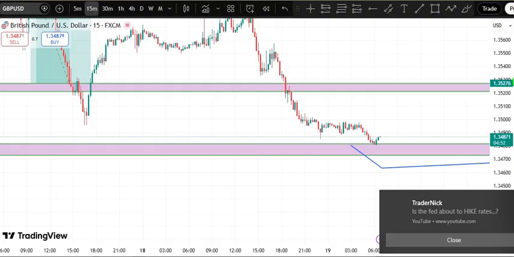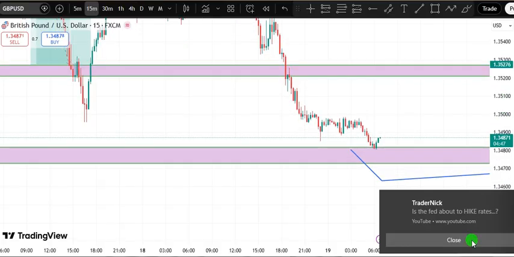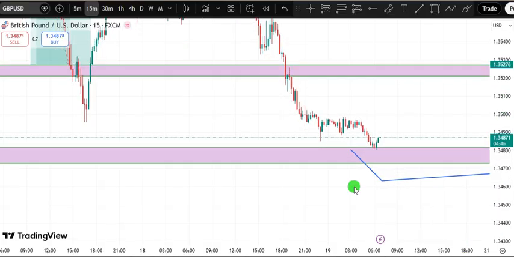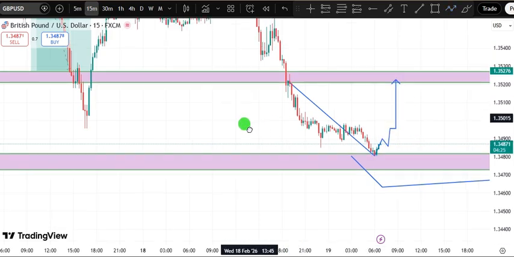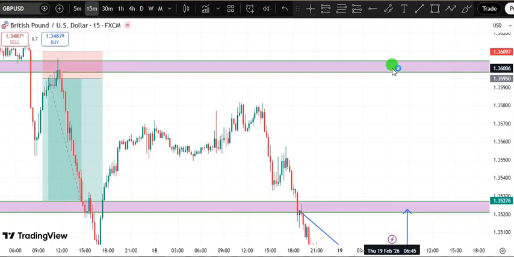So let's go back to the 15-minute chart and see what's going on there. Let me close this up. Getting down to this level, I want to see a pullback, not below its own low here, then breaking above its own high, then I go long to this structure. So that's that for pound dollar. But if this level gets taken out, that's how I'll be going for my major long to the next structure. So please take notes of that.